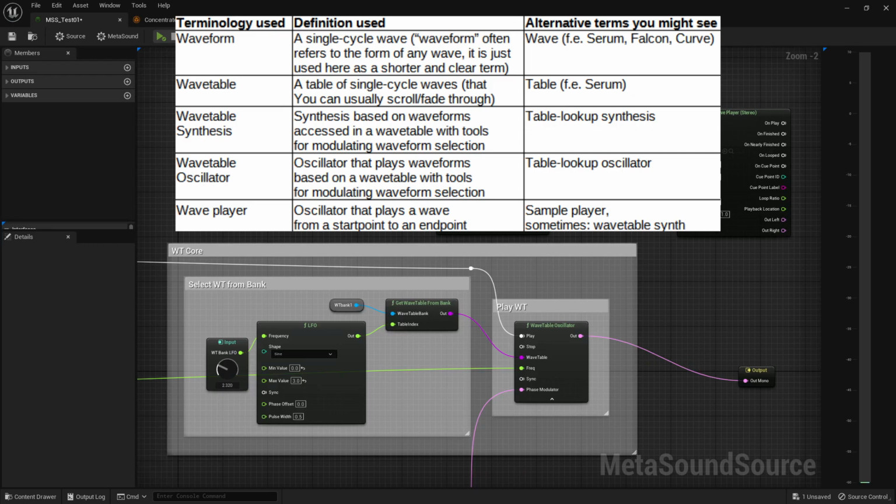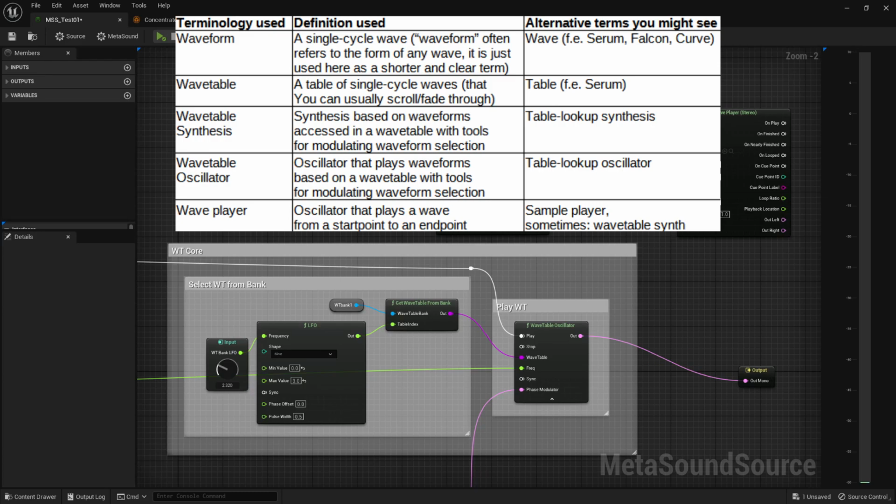And you also have some other generators in Metasounds, such as a noise oscillator, which just plays randomized noise, and an additive synth. I might talk about the additive synth at a later point. It's a little bit more complex, in my opinion, as compared to most other forms of synthesis, at least to generate the specific sound you might want. This is very easy with wavetable oscillators. If you have the specific waveforms already, you can just morph between them in a plugin like Serum or Icarus,